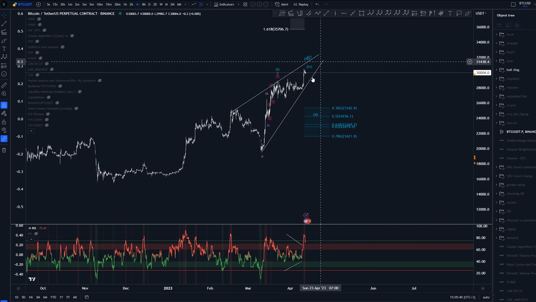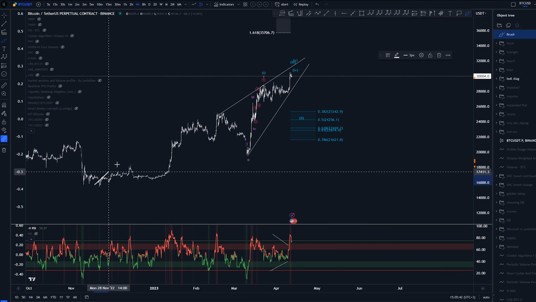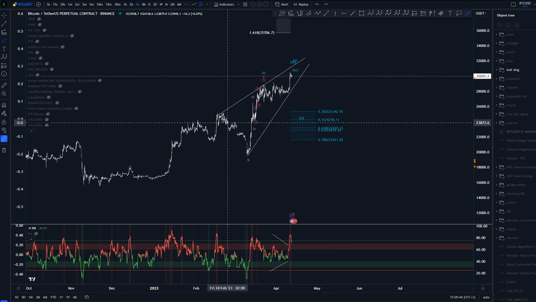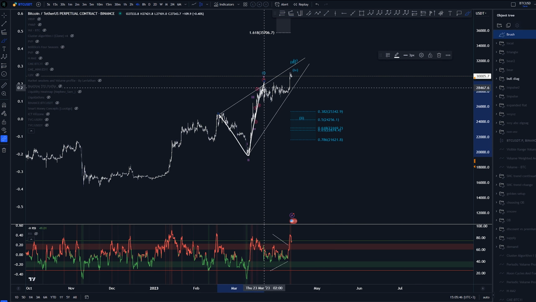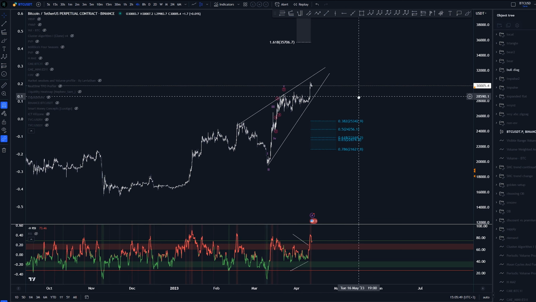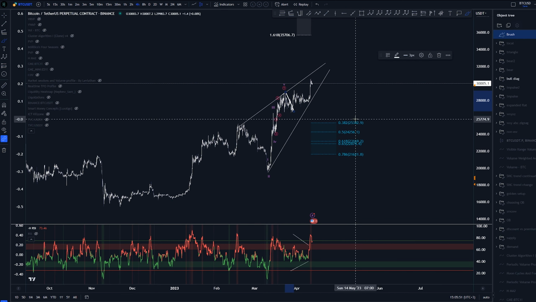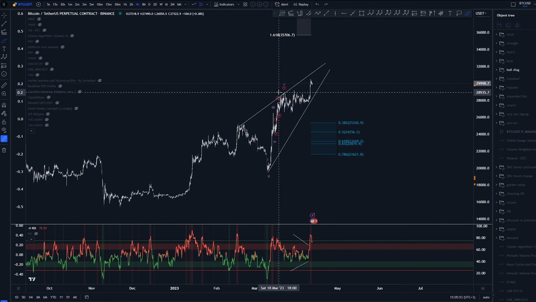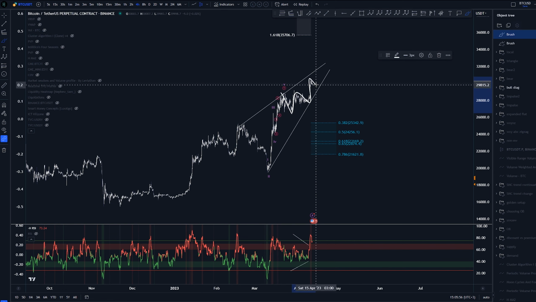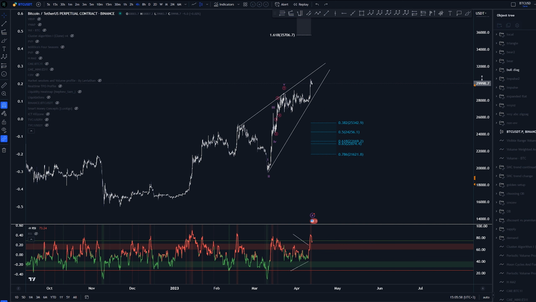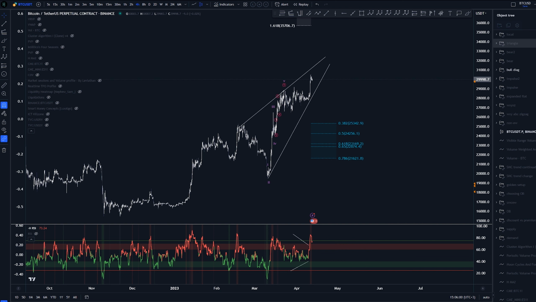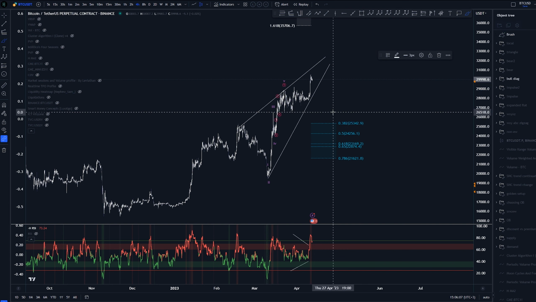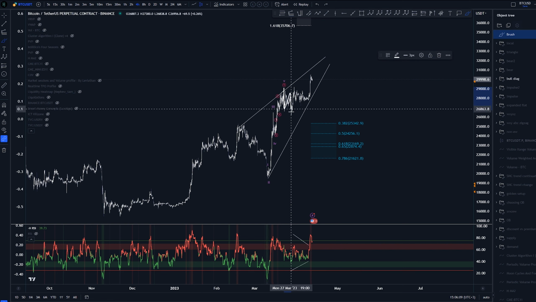The other one that we were talking about was that we had this as a potential 1, 2, 3, 4, 5 into wave 1, 2, 3, and instead of this being a wave 1, let's get rid of that. We would have this most likely as the wave 4 here, and then we would have another 5 wave up. Now, this does not really fit the idea of a triangle, as on diagonals we would need all the structures to be some kind of three-wave structures, in the form of zigzags,